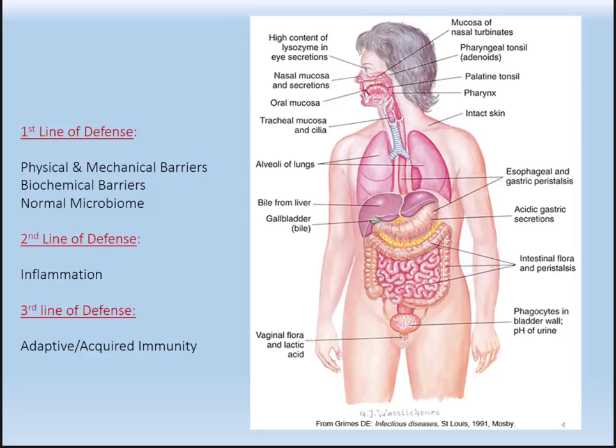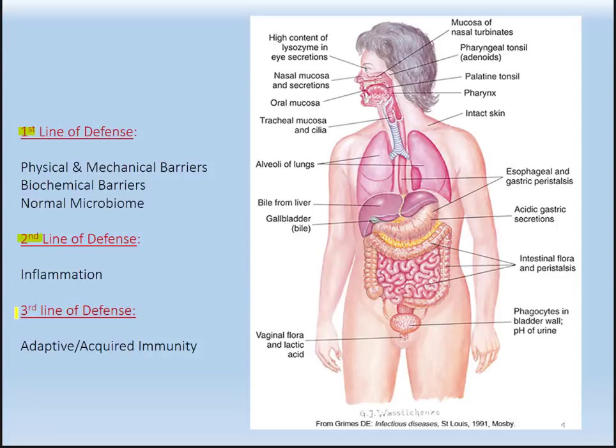So this slide makes you aware of this multi-level system, which includes 3 lines of defense. We have our first line of defense, which is really our natural barriers, both physical and mechanical, biochemical barriers as well, and even our normal microbiome that's present within our body, within areas such as the digestive tract, within the vagina in females, for example. We have our second line of defense, which includes inflammation, and that's really going to be what most of today's